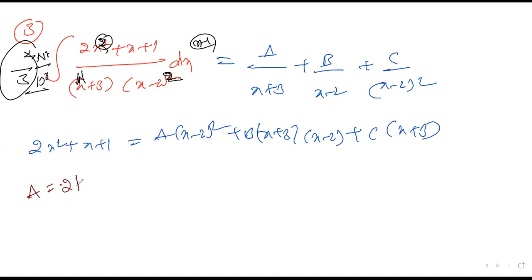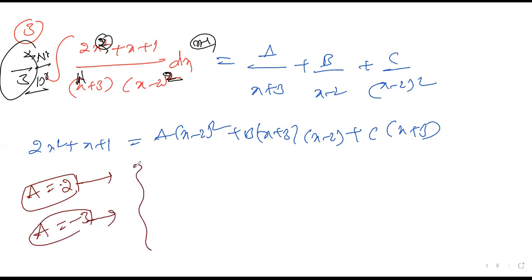If you apply x is equal to 2, you'll get one answer. Then apply x is equal to minus 3, you'll get one more answer. After that, you compare and equate, and you'll get the other answers. I'll try to write the answers. The value of a, when you apply the substitution, is 11 by 5. X is equal to 2, you substitute, and then x is equal to minus 3, you substitute.